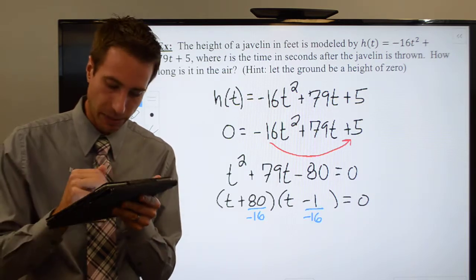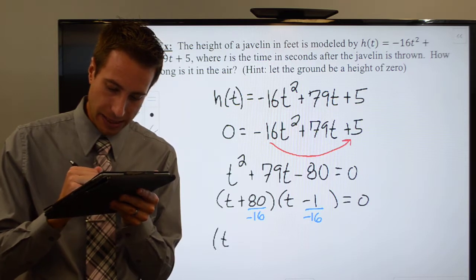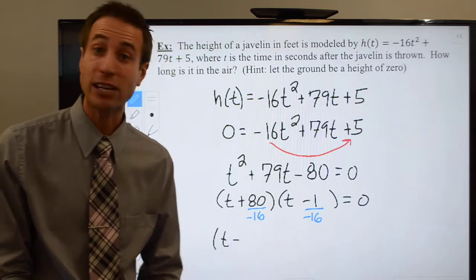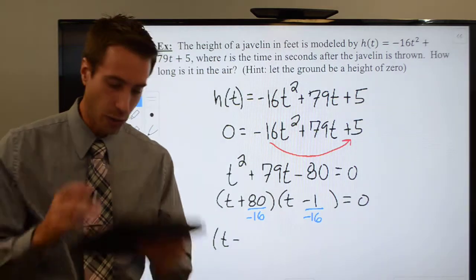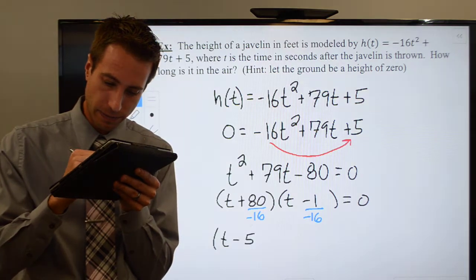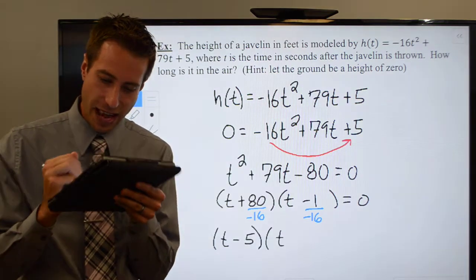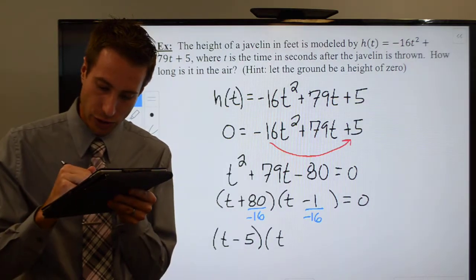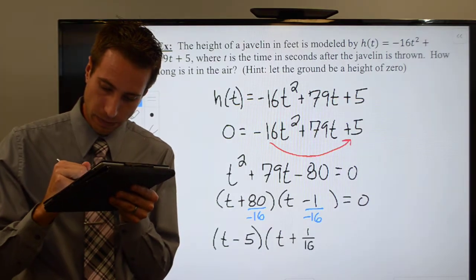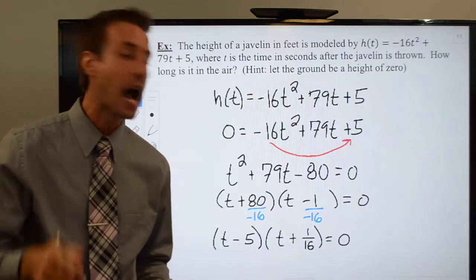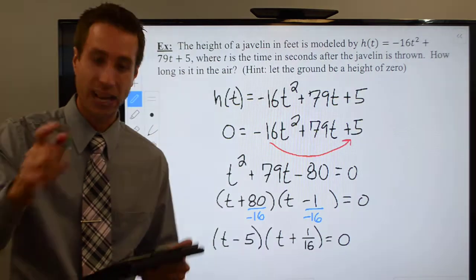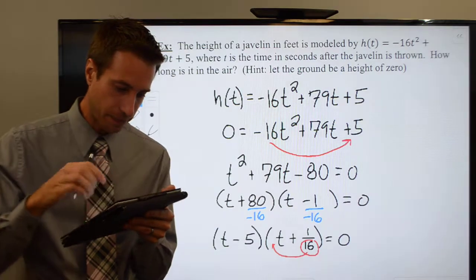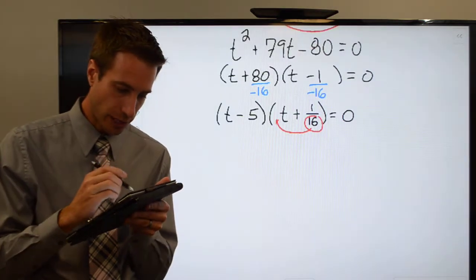And let's go ahead and simplify that. So t, it's going to be minus, let's see, 80 and 16. I believe, oh, actually 80 is divisible by 16. You wind up with a minus 5. And then 1 and 16, there's nothing more I can do than the negative signs cancel each other out. Now I can use the zero product property. Actually, one last step. Move that guy out front, which gives me